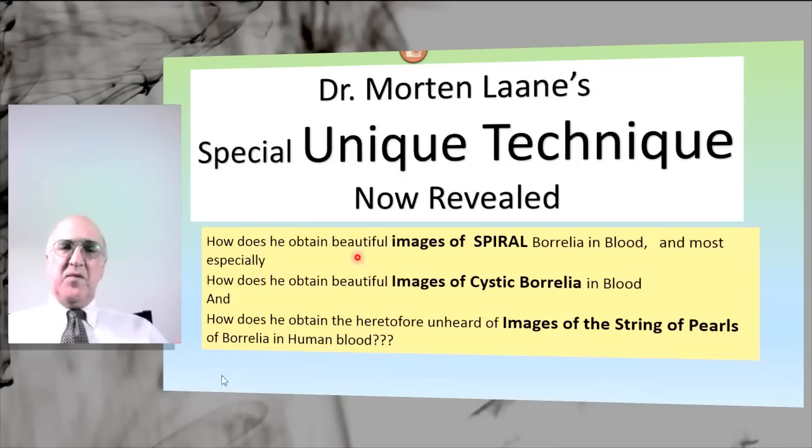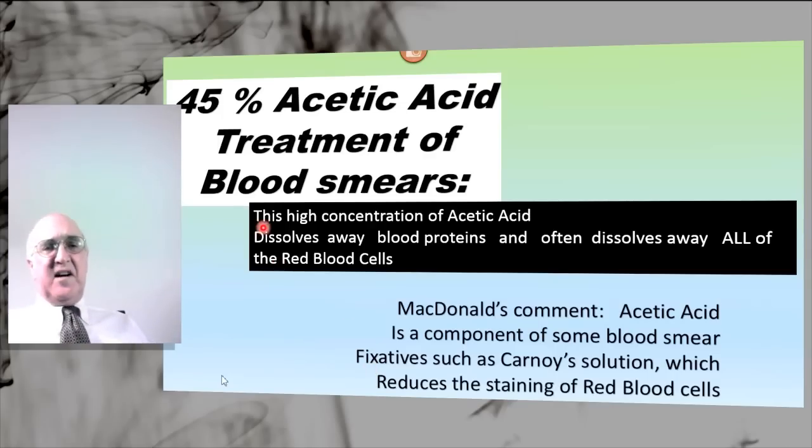How does he obtain the beautiful images of spiral forms? How does he obtain the beautiful images of cystic Borrelia from the blood? How does he obtain the heretofore unheard of images of the string of pearls in Borrelia in human blood? How does the man do it? He shared a secret with me. He dips the slides in 45% acetic acid, and the high concentration of acetic acid dissolves away blood proteins and